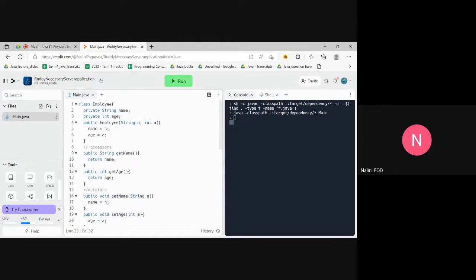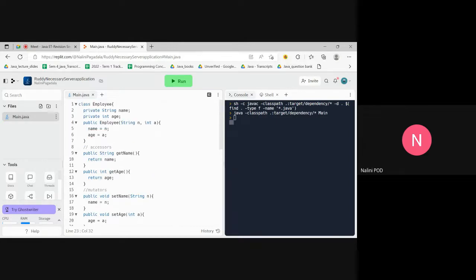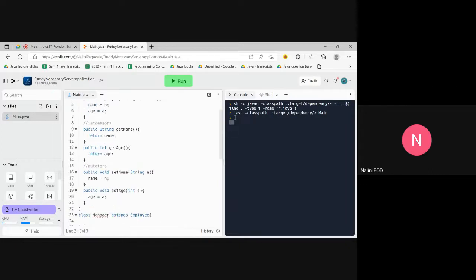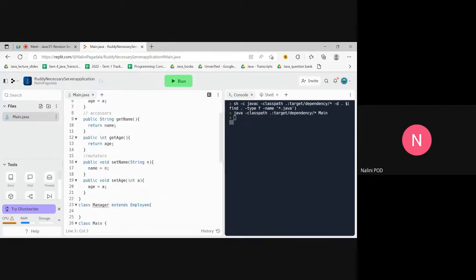The private things basically, it will have, but you won't be able to access them inside this manager class, because they are different, no? If something is private in your class, you can use that thing only inside your class. Inside the manager you cannot use it. If your instance variables or methods are private, then you cannot use those instance variables and methods inside the manager class, inside the inherited classes. Okay,